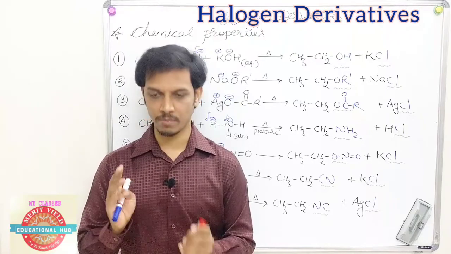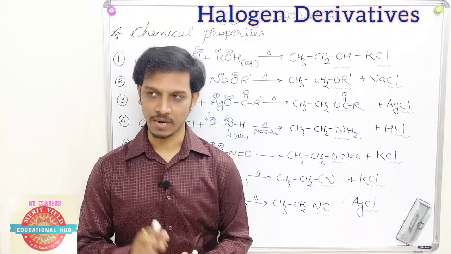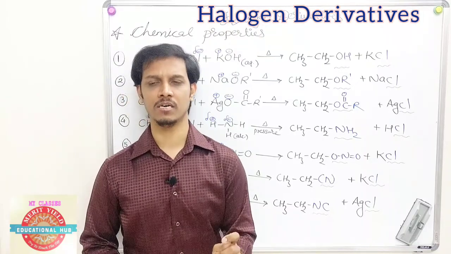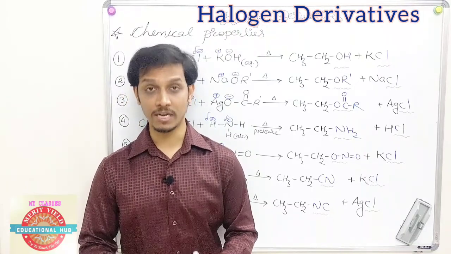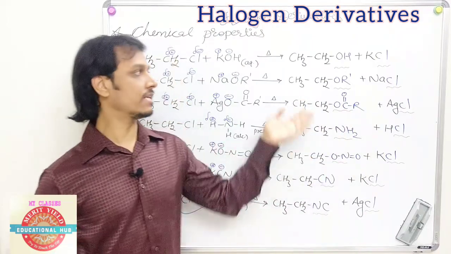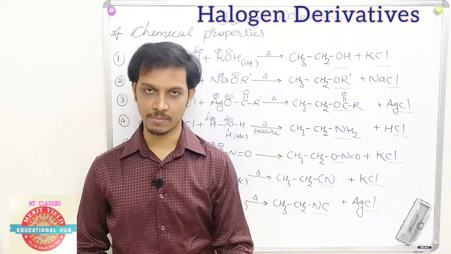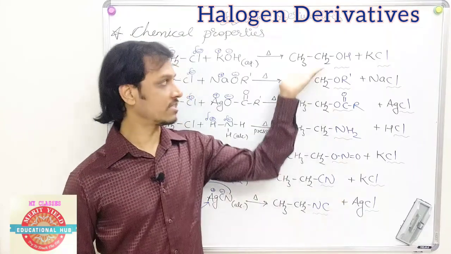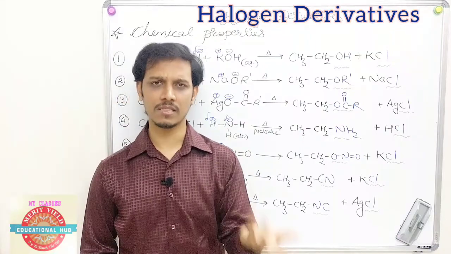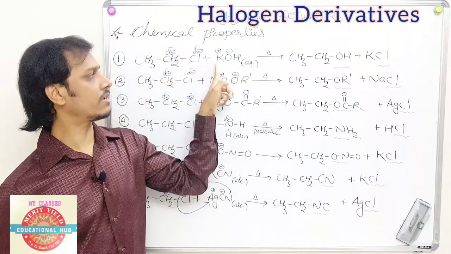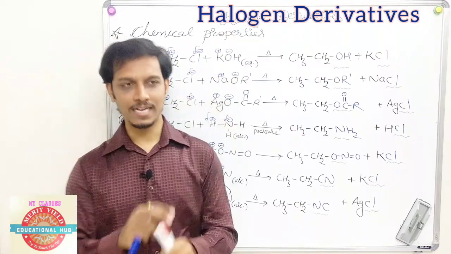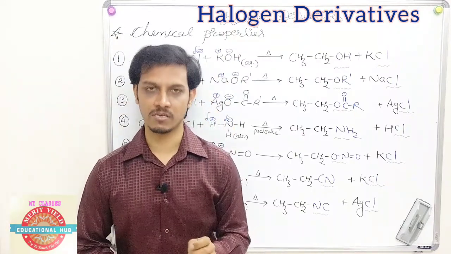So what you have to remember basically in the reaction part is why a reaction takes place. Reaction takes place for stability. If whatever product is going to form is more stable, then the reaction takes place. Here you can see CH3CH2OH is more stable. Definitely you can say that because this is forming, and OH is a good nucleophile. That's why it is very easy to replace. You can use sodium also, no problem. So ultimately this is all about the reaction part.